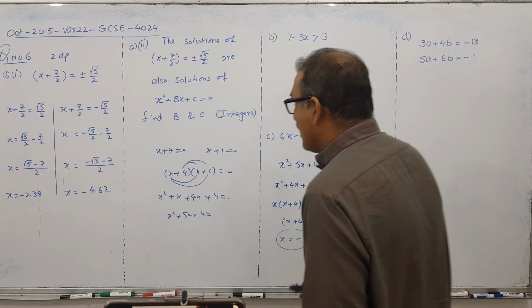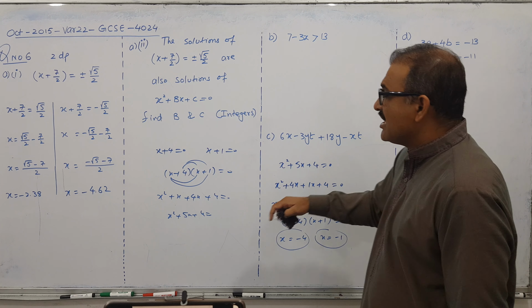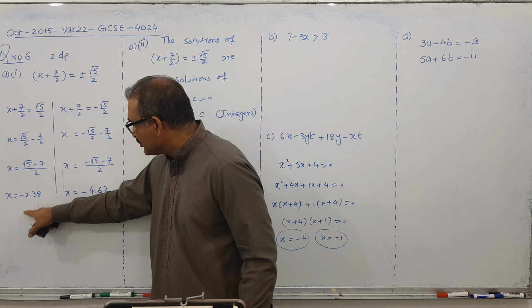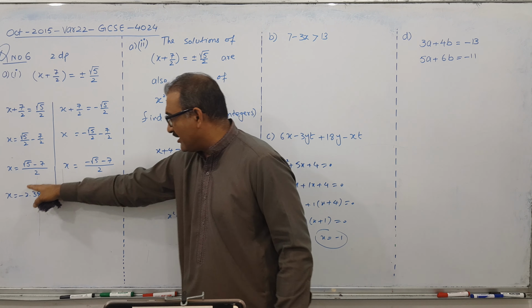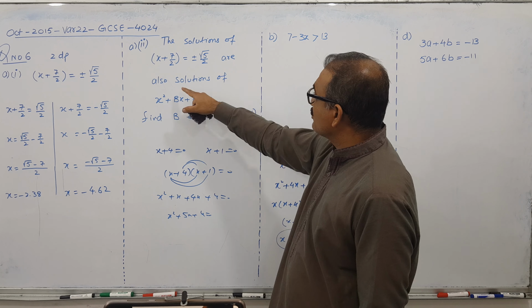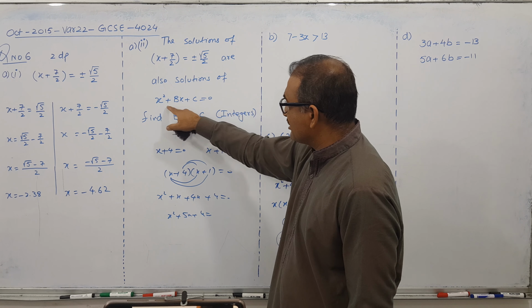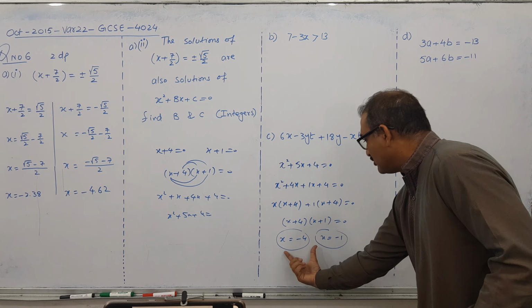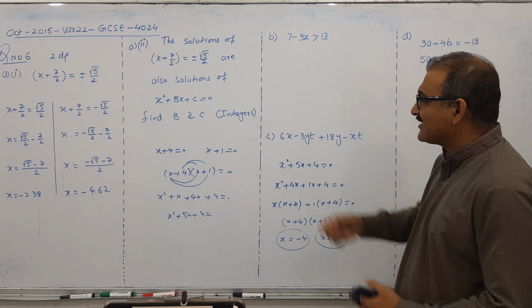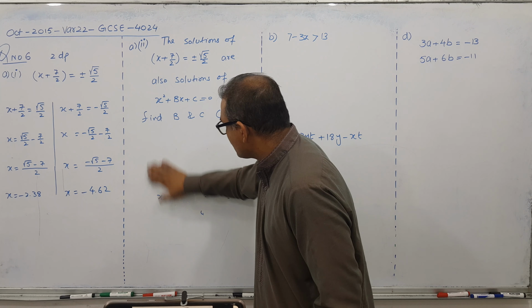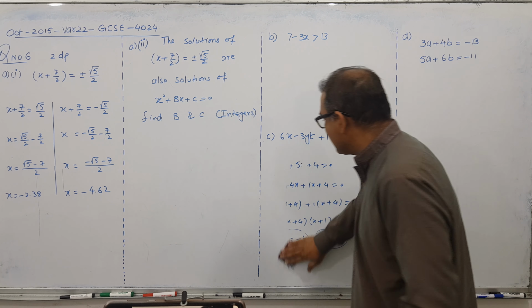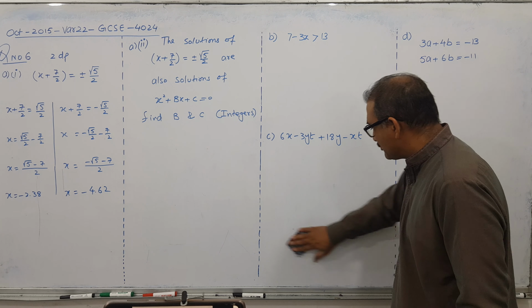Now this is the same process. These are our roots. Okay, read the question: the solutions of this equation, which are here and here, are also the solutions of this equation. So actually I have solutions, and I have to go back and get the answer. Let's see how we can get it. Let's start. This is a hard part to understand, and I tried my best to help you.